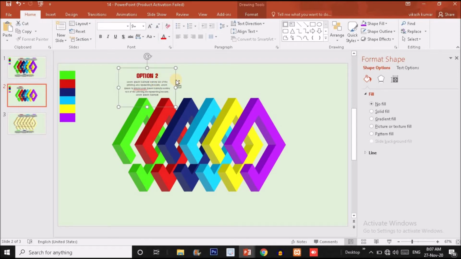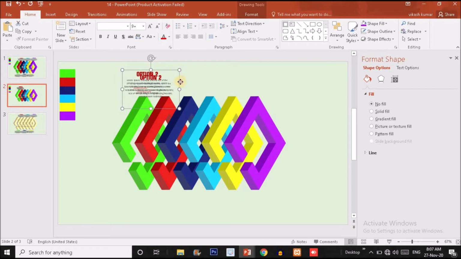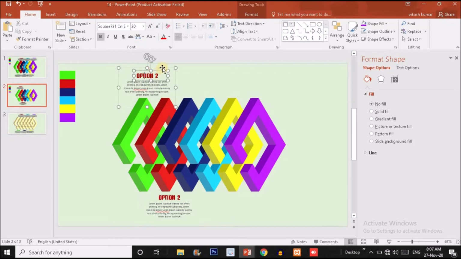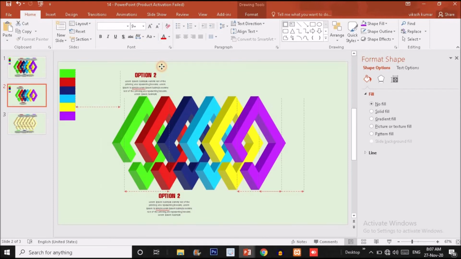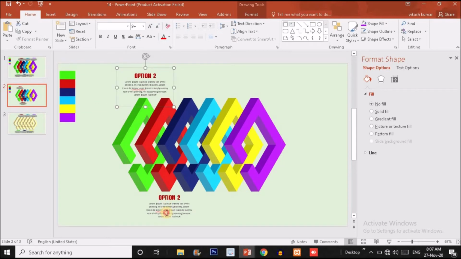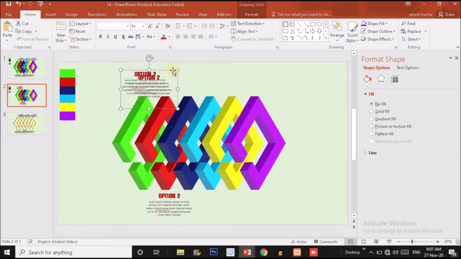So now what I'm doing, I'm just pressing Ctrl D to make a duplicate copy and put it over here. So this option is for the first slide. So this is for second, and again I'm pressing Ctrl D to make a duplicate copy and put it over here for the third option.